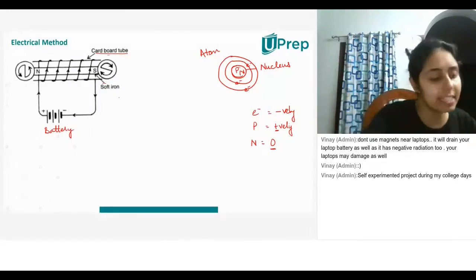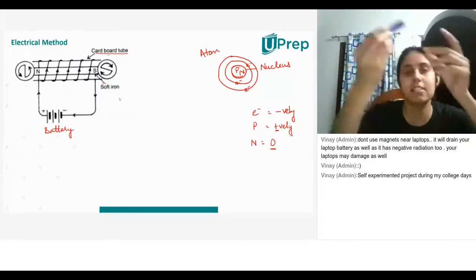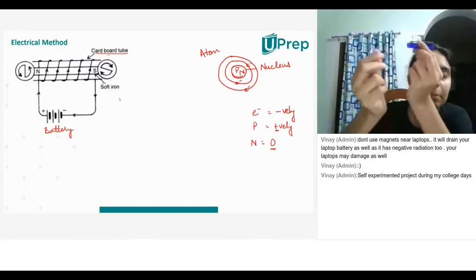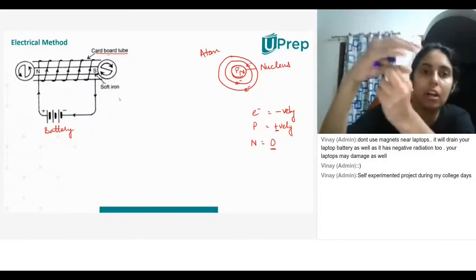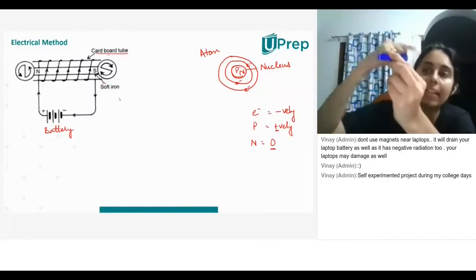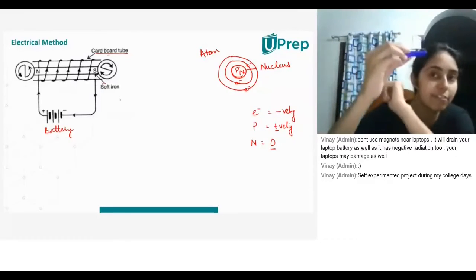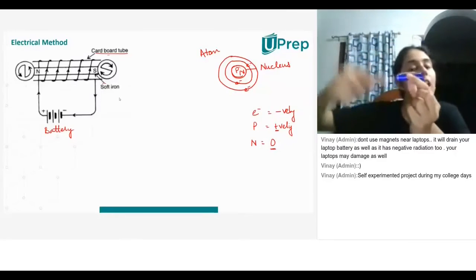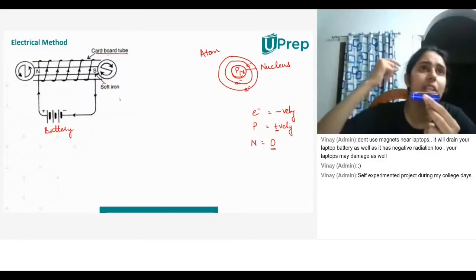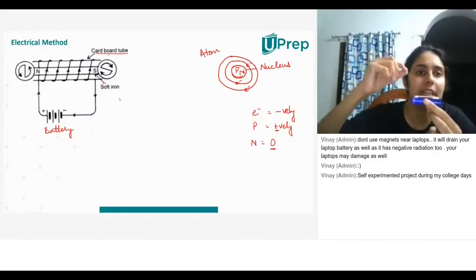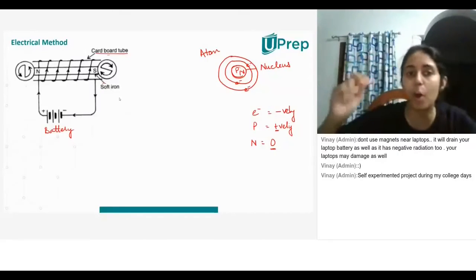So essentially, it is something like, let's say that this is the piece of magnet, or sorry, piece of iron that I have, and on top of this piece of iron, I put a cardboard tube. Now I take the copper wire and I wrap it around, not directly around this piece of iron. I wrap it on top of the cardboard tube, so that the soft iron is insulated from the copper wire.